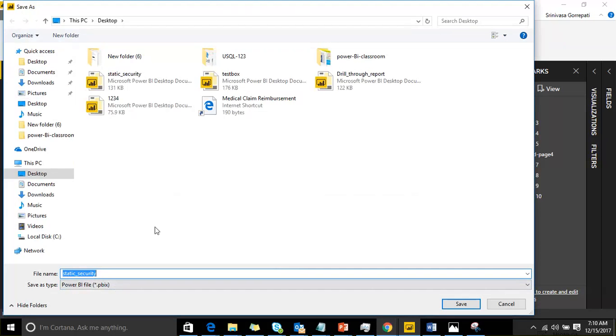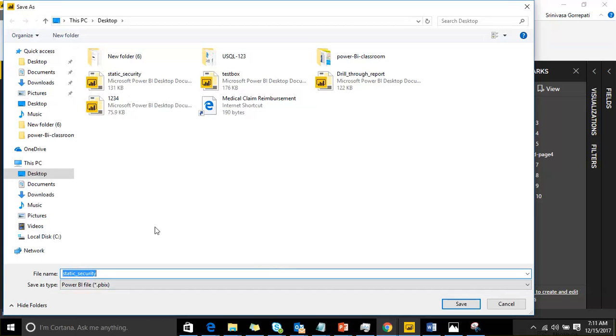Let's consider a scenario. I created a model and some designs which will be useful for other reports also. Whatever data I loaded or design I created will be useful for other reports.